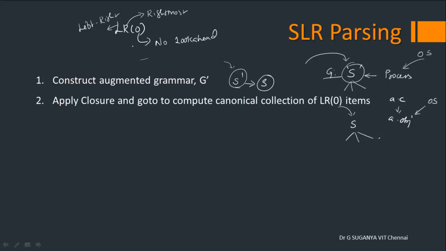Having understood this, how to construct it is through two important functions, closure and goto. Closure represents the set of all productions or the items that you can use from a particular point, and goto represents the act of deriving a particular symbol and its corresponding state transition. That will be dealt with clearly in the subsequent steps. Once this canonical collection of LR(0) items is constructed, we move on to construct the parsing table. In this case, it is the simple LR parsing table.